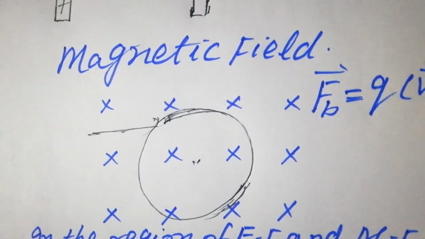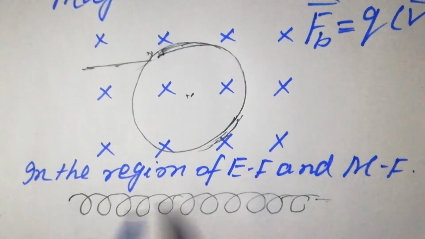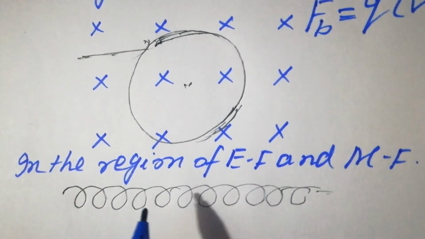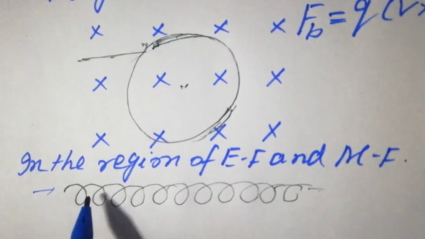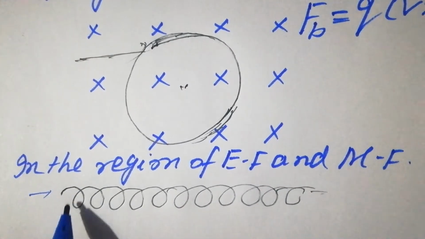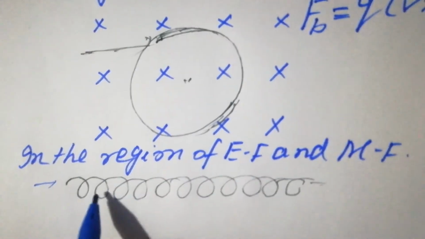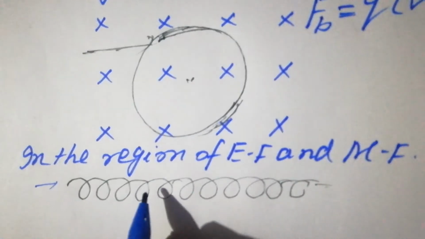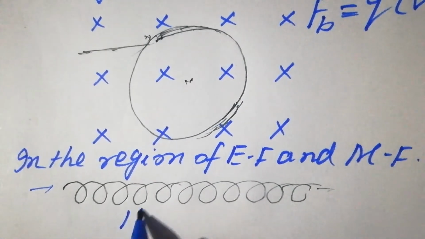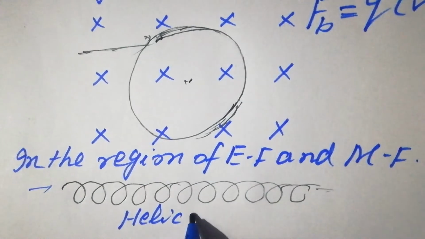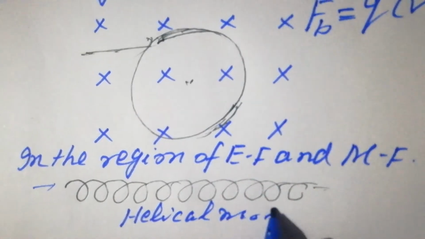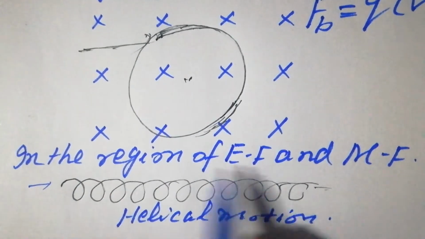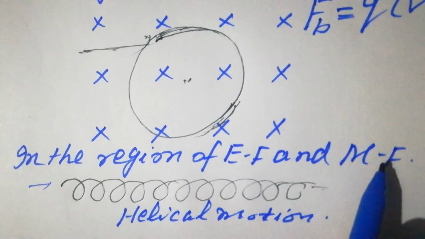And now come to the third case. In the region where both the electric field and magnetic field are present, if the charged particle enters and it starts moving in a circle as well as moving in a straight line, that motion is named helical motion. So if the charged particle enters that field where both the electric field and magnetic field are present,